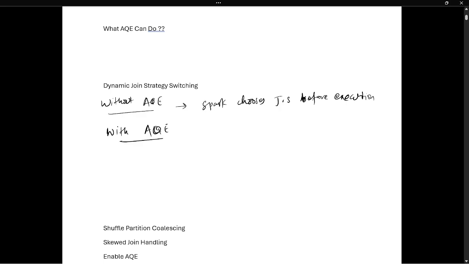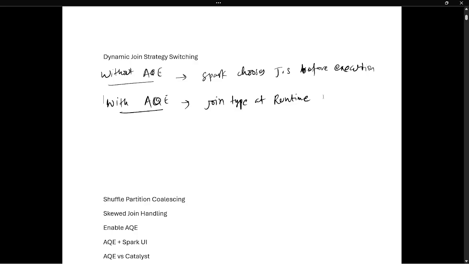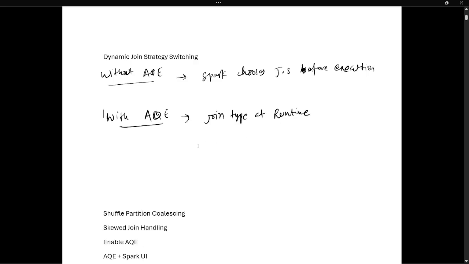So with AQE, Spark can change the join type at runtime. That is the difference. In the above case, without AQE, it is using the